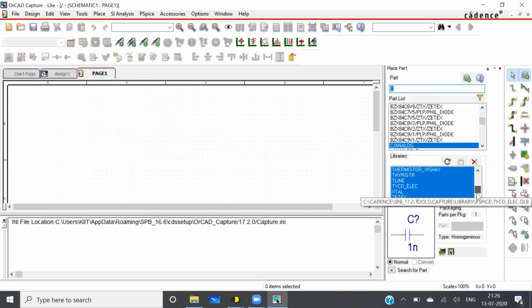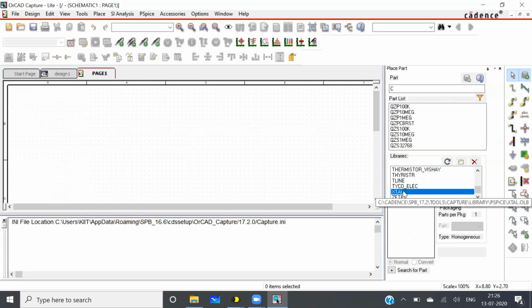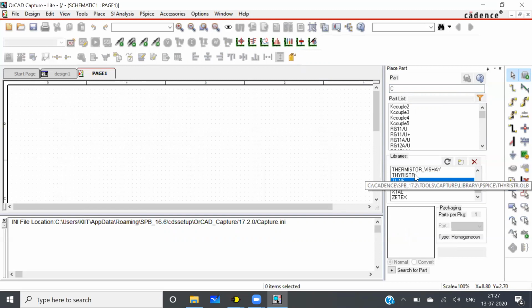So many libraries are added here. Different libraries contain different components. You can see one by one. Whatever components we need to get, we need to search for it here. So it is always a good practice to select all the libraries. To select all the libraries here, I will press Ctrl and A.